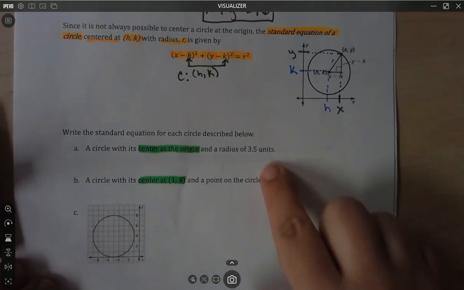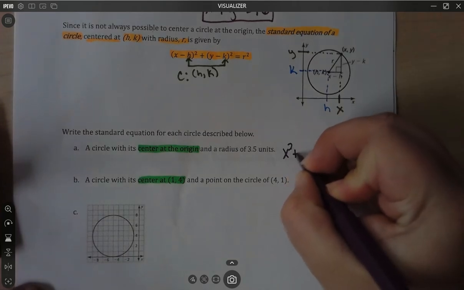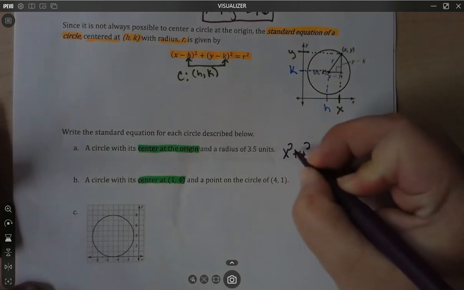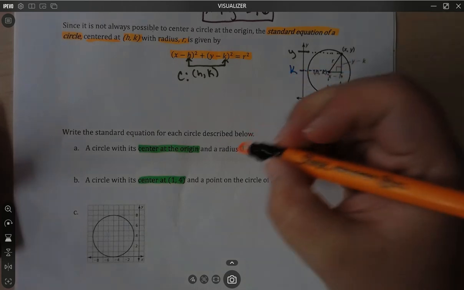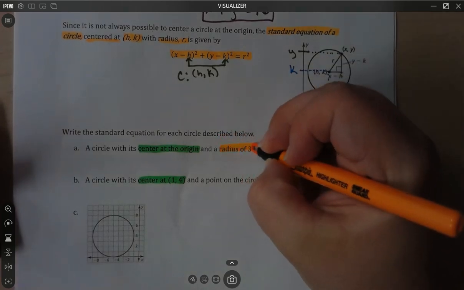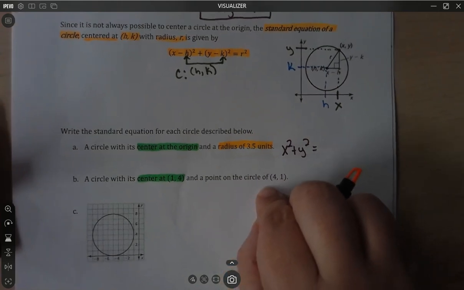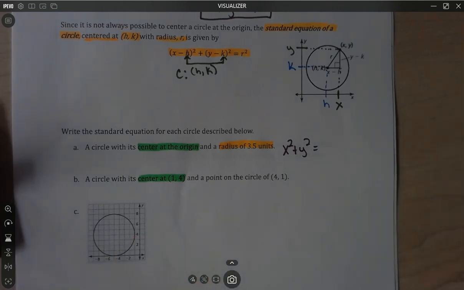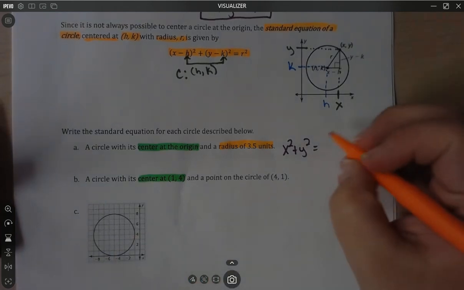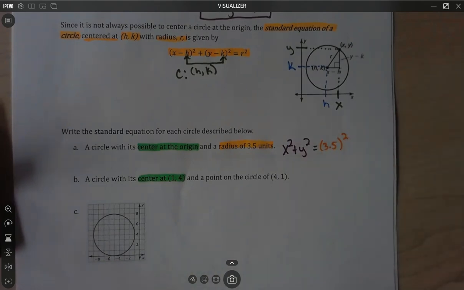So if it's centered at the origin, again, we start with x squared plus y squared, and all we're concerned with now is that radius. So let's go ahead and highlight our radius. Our radius is 3.5. This one does not give me a radius. This one I'm going to have to find my own radius. So this 3.5 squared